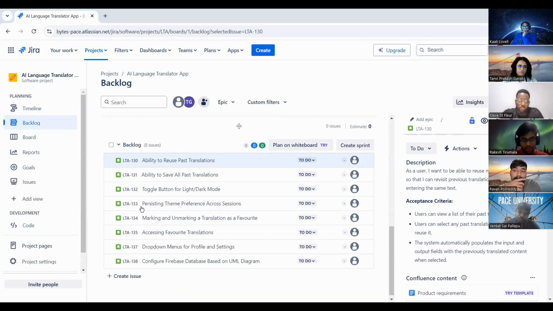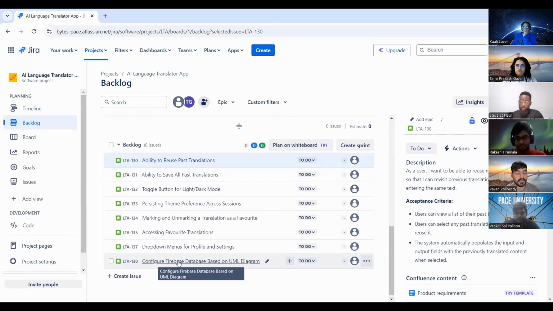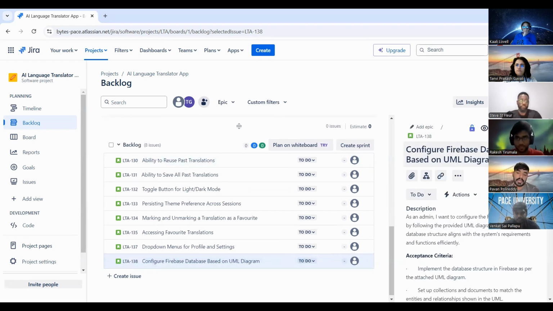Yeah, I think we can also add the database because let's try to complete most of the functionality now, both front end and back end, and let's just keep the last sprint for enhancements here and there. I think integrating the database is also an important part now. I agree. Let's do it. Not a problem. We'll just add it. If we are not able to complete, we'll just pass that to the next sprint.